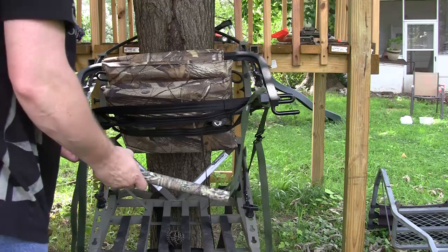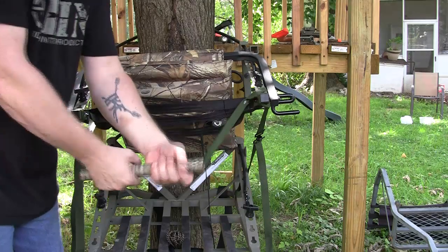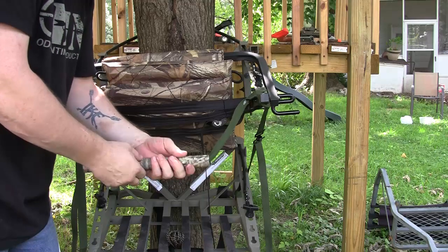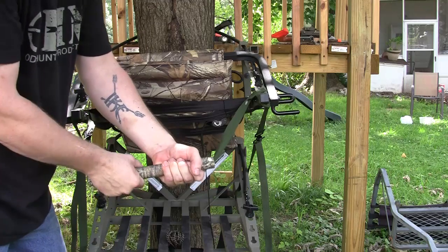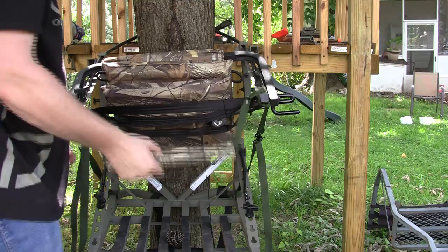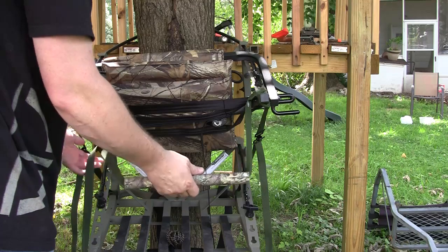The other thing that's nice about it is you can actually take this off. You can wrap this around a deer's neck, and you've got a two-handed deer drag that's going to be a whole lot more comfortable than just dragging a leg, or if you're, hopefully you're lucky and you got some antlers, but if not, grabbing a leg, this is a whole lot more comfortable and convenient than pulling one out by hand. So that's the footrest / deer drag, and like I said, it's real simple, real easy to